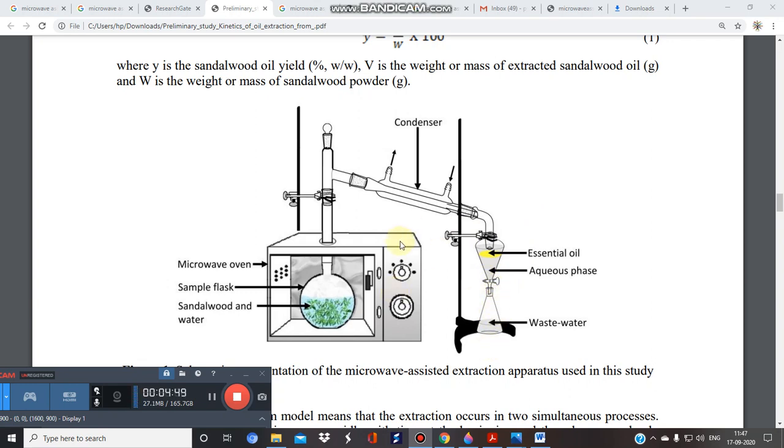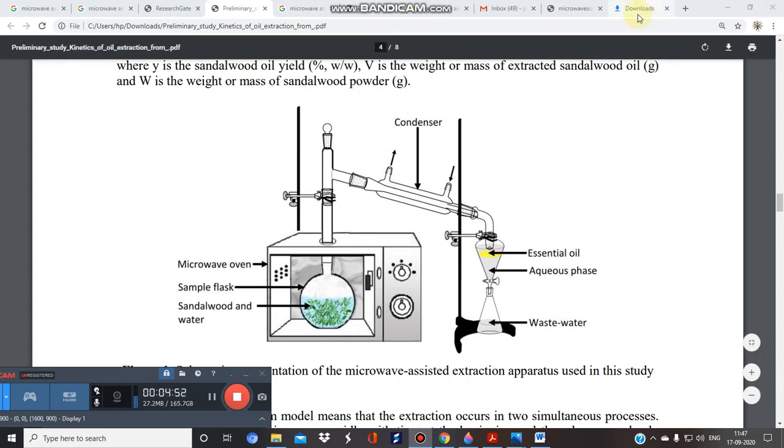So you have to draw this diagram in your examination papers. I think this is a very simple diagram of microwave assisted extraction. In this way you will draw a microwave oven in which microwaves are used, and there is a sample flask over here. In this case, suppose you have used sandalwood and water, and this is a simple assembly of the condenser, inlet and outlet, which should be connected with water.